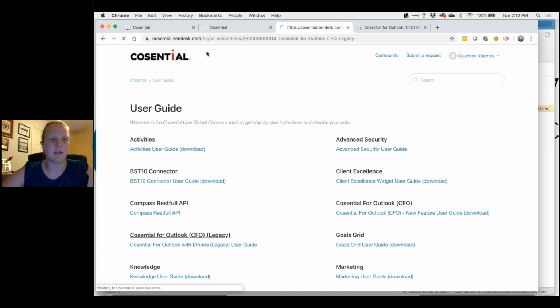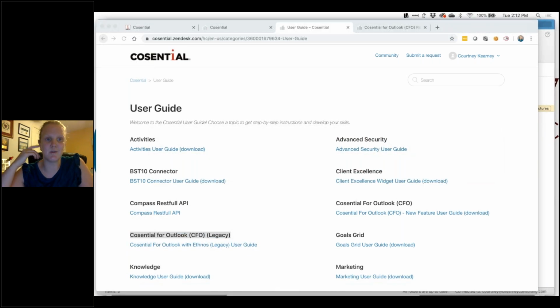You'll see that the legacy information here on the left is for the first or second iteration of Cosential for Outlook. If you have Ethnos, it is still working for some people. It's just not supported by Cosential. So if you run into issues or frustrations with Ethnos, then support will not be able to help you with